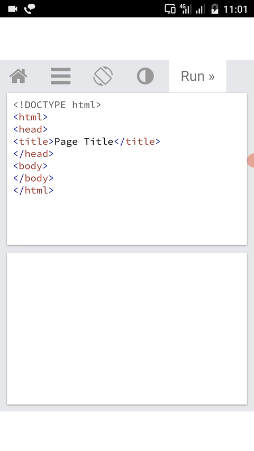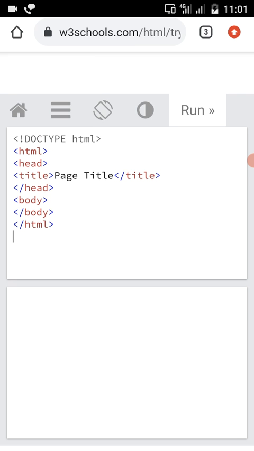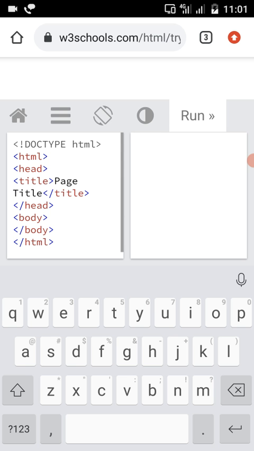The following are some of the tags which I am going to use for implementing formatting tags in an HTML program. Firstly, I am considering the bold tag.